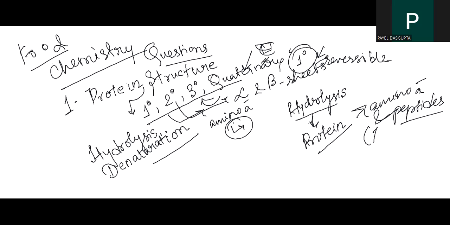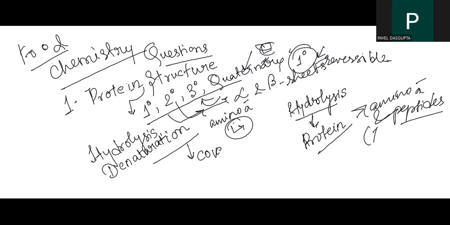So in a way, if I can modify my sentence, I can tell you that denaturation makes the peptide bonds of the protein readily available. It is the modification or uncoiling. Denaturation results in uncoiling of the proteins, that is the secondary, tertiary, and quaternary structure, and it does not break the covalent bonds.